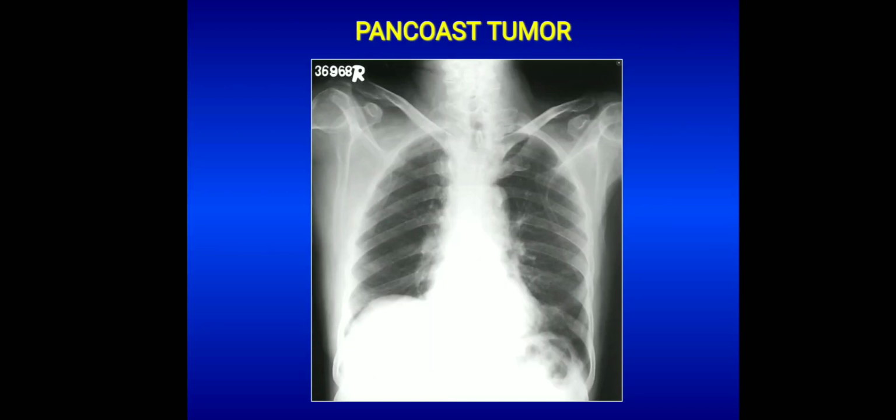So next is the Pancoast tumor. Pancoast tumor is nothing but a superior sulcus tumor. It will be seen in the apical segments of the lungs, and the most common pathology it will cause is destruction of the ribs, the first rib, sometimes the second rib as well. It is also called a superior sulcus tumor. There are special views to diagnose Pancoast tumor, for example the apical views or the lordotic views.